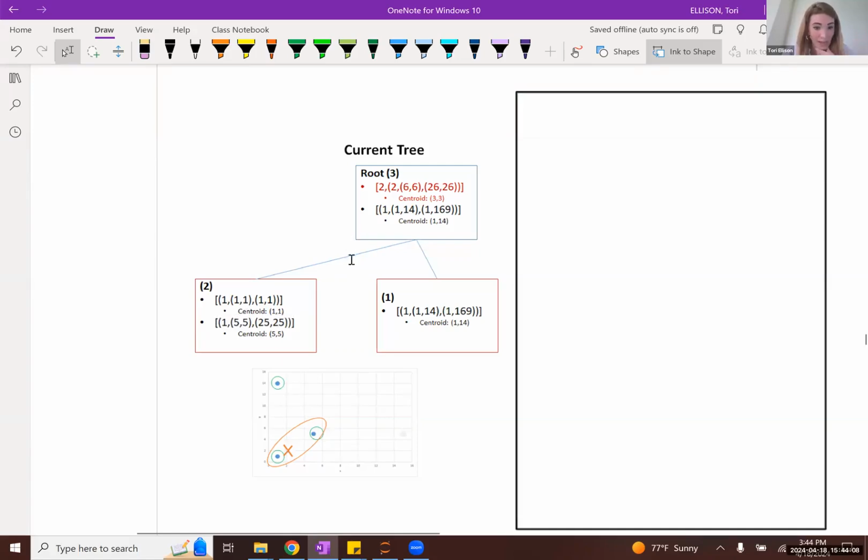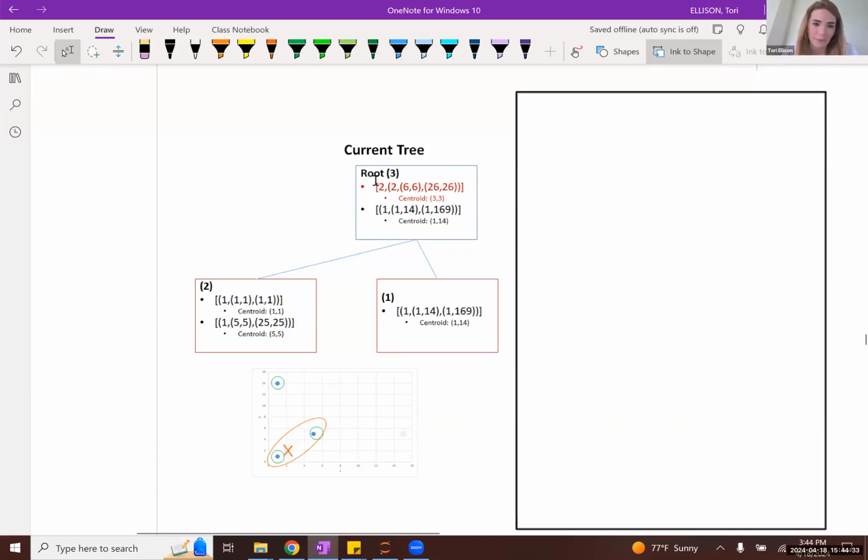So we can see that now this cluster of subclusters is now comprised of 2 observations. The linear sum of all of the observations represented in these 2 subclusters is simply just 6, 6. And similarly, the squared sum of all of the observations represented in these 2 subclusters is 26, 26.